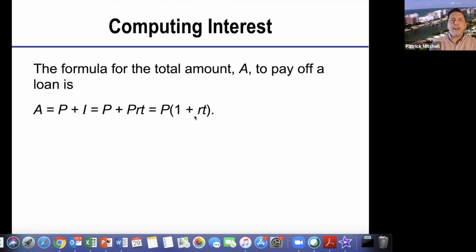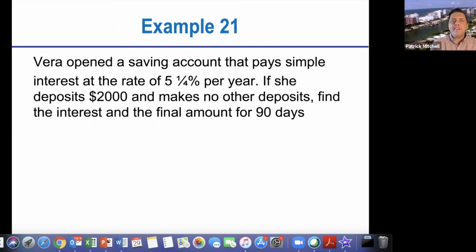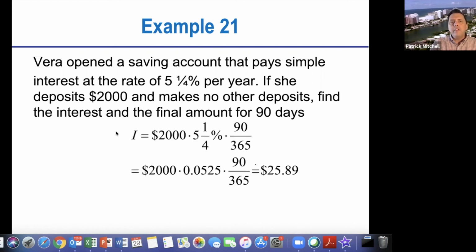All right, so another example. Vera opened a savings account that pays simple interest at the rate of 5.25% per year. If she deposits $2,000 and makes no other deposits, find the interest and the final amount for 90 days. So interest equals principal times rate times time. The principal is $2,000. The interest rate is 5.25%. And the amount of time is